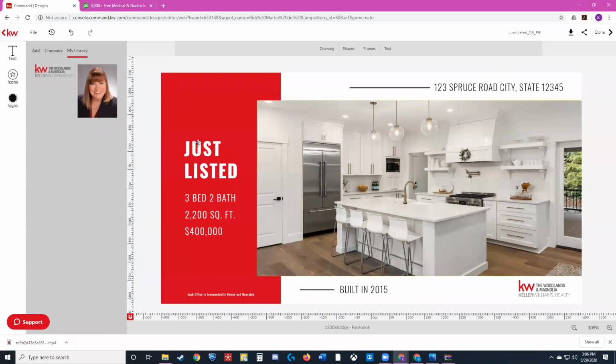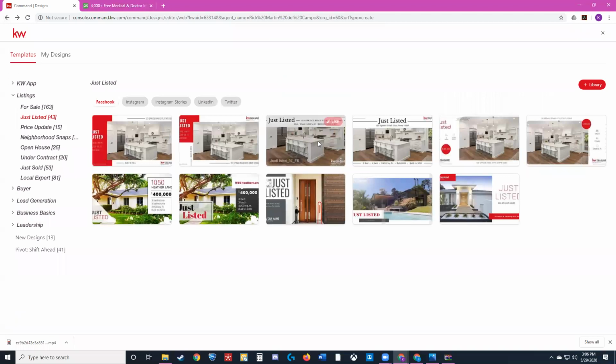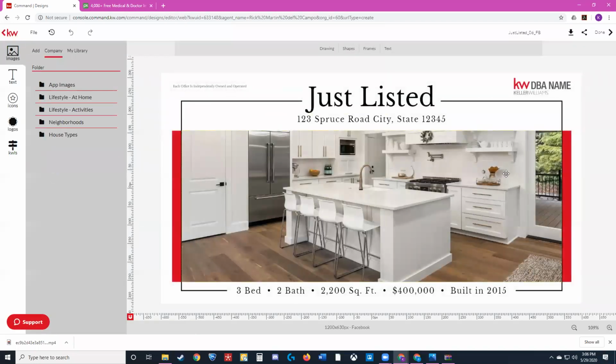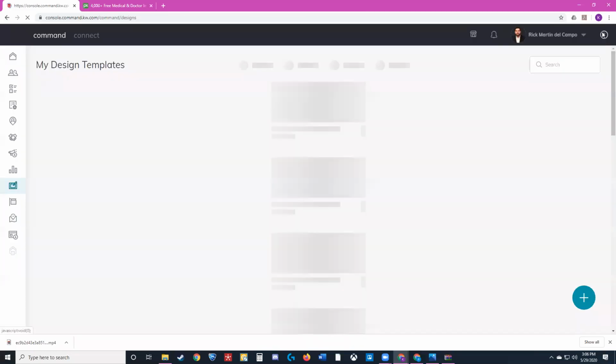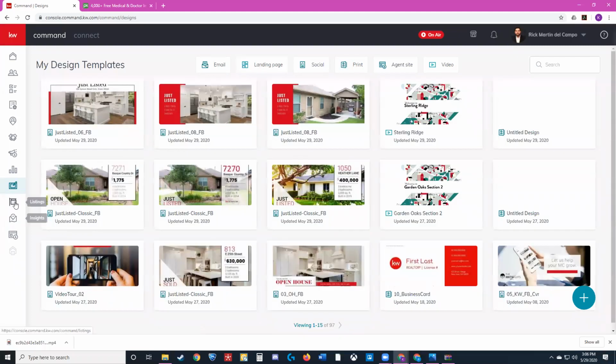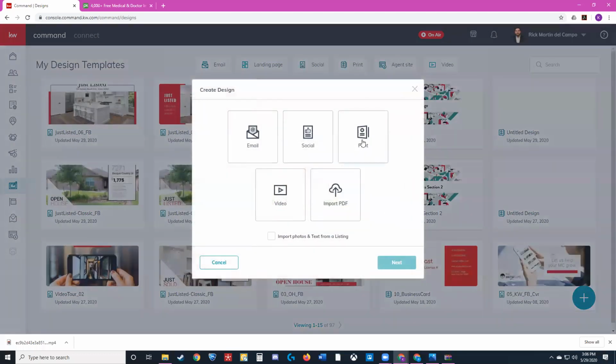Because on the flyers, like, will you pull up a flyer? I want to know if it's just me and my laptop, but I can't see a single solitary thing. So if I put just listed, now you're selecting Facebook, so that's something that's bigger. Yeah, but if you're not doing the socials, but actually trying to build a flyer, for example. So I clicked print, or just the plus and then select print. Yep.